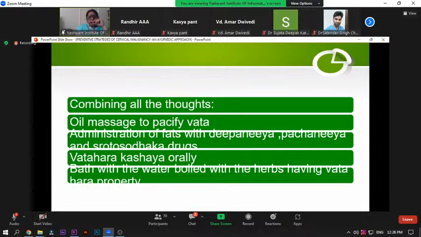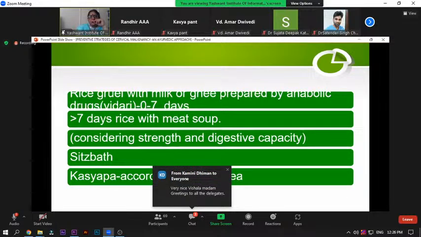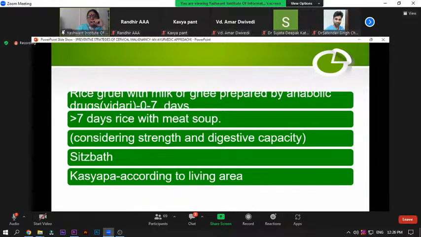We start with, everybody knows this, but just a brief brush up: Abhyanga Taila, oil massage to pacify Vata, administration of Sneha or fats with Deepaniya, Pachaniya and Shodhaka drugs, Vatahara Kashaya given orally, and a bath with lukewarm water boiled with herbs, particularly Nirgundi, Rasna, etc., which have potential Vatahara property. In the diet, rice gruel with ghee and kshira, milk and ghee prepared with anabolic drugs like Vidari, has to be given in the first 7 days, and after 7 days, shali or rice with meat soups can be given,